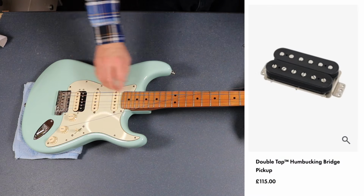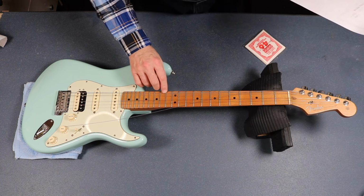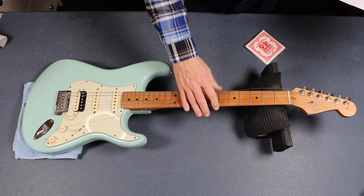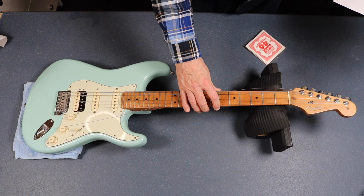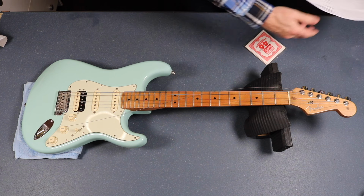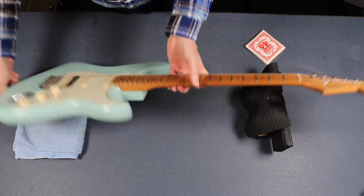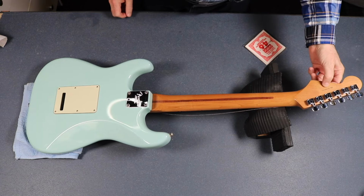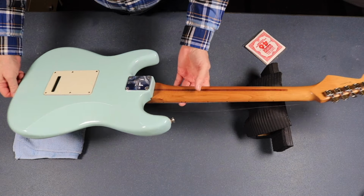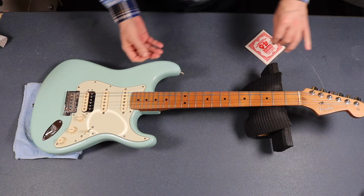Ain't that good? The frets are jumbo frets, which is a little bit thicker. The body's made of alder, and the neck is made of maple. So that's about all I can tell you on this. It was made in America, in 2019, because it says so there, US 2019. And it's in excellent shape, but I think the first thing we'll do is cut this bloody thing off because